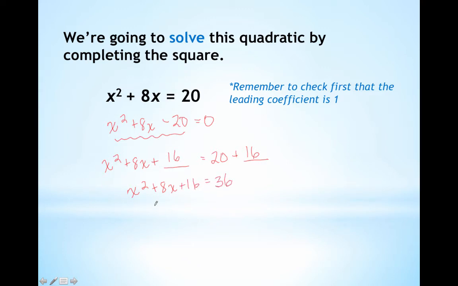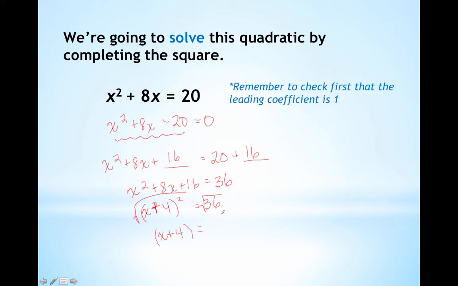I'm going to go ahead and factor this side. It's a perfect square trinomial. So I get x plus 4 squared equals 36. So I also alluded to using square roots to solve. And so I'm going to take the square root of both sides, and I'm going to end up with x plus 4